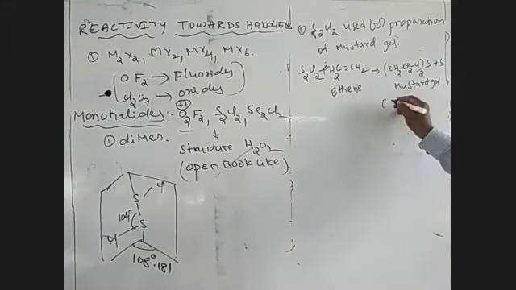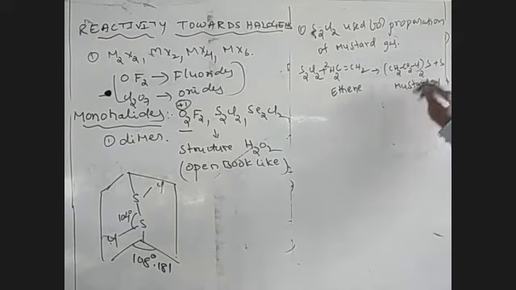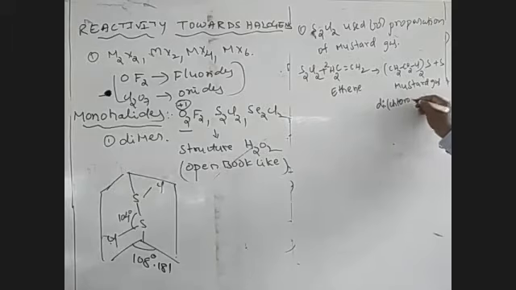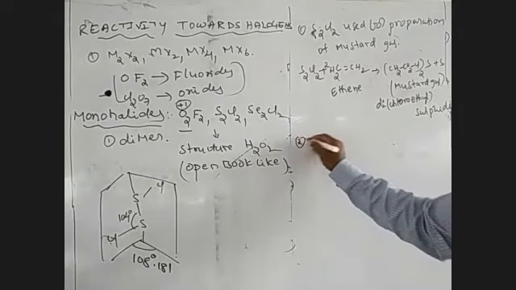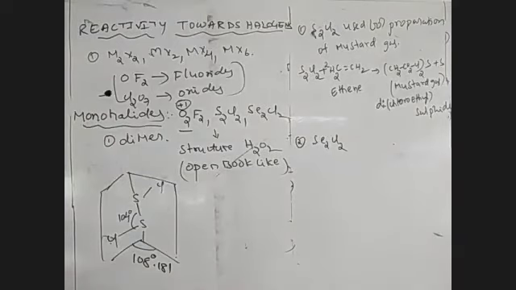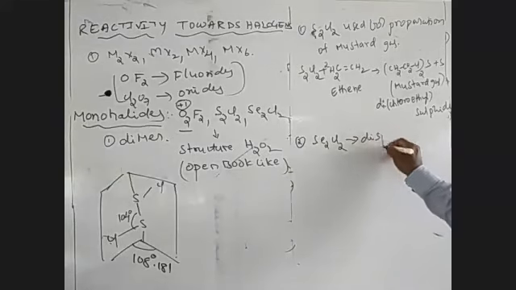The name of this compound, where it is presented two times, is dichloroethyl sulfide, and the common name of that compound is mustard gas. And the compound Se2Cl2, selenium monochloride, easily participates in disproportionation reactions.